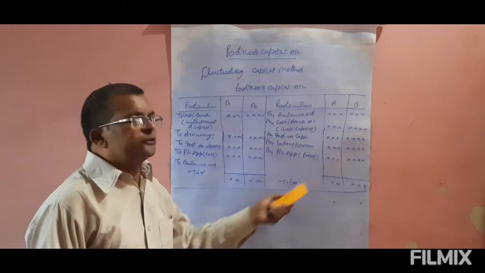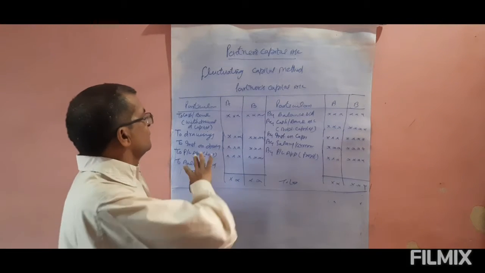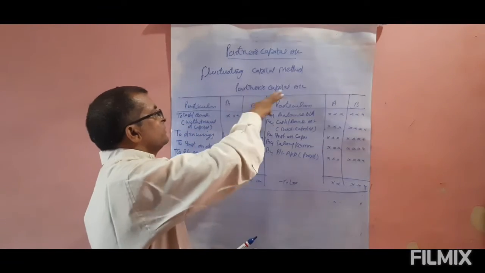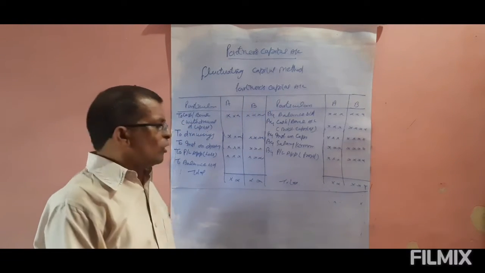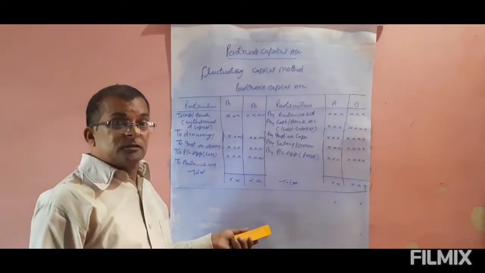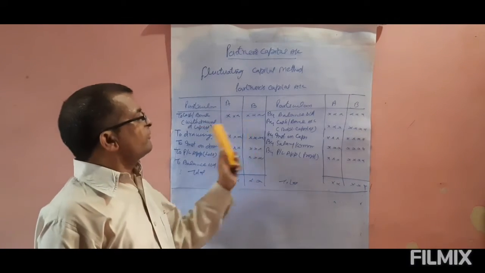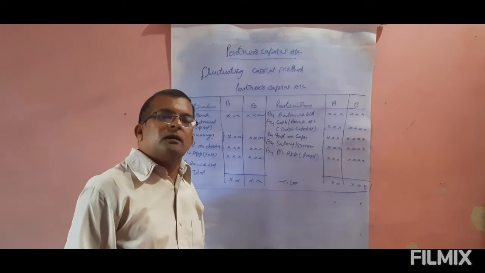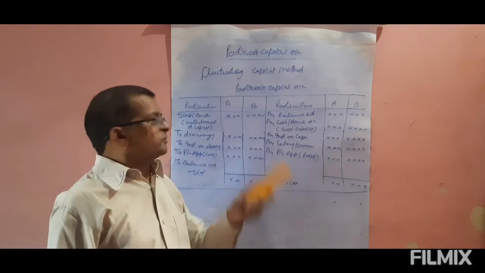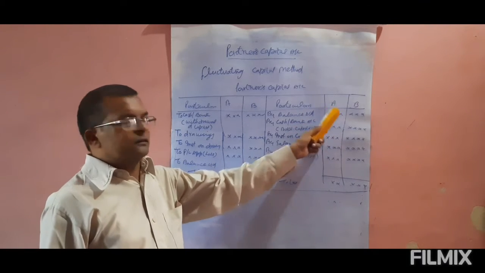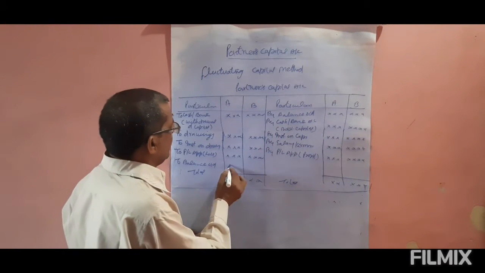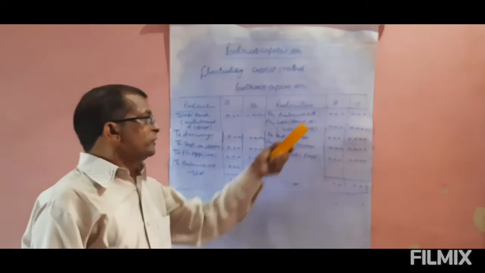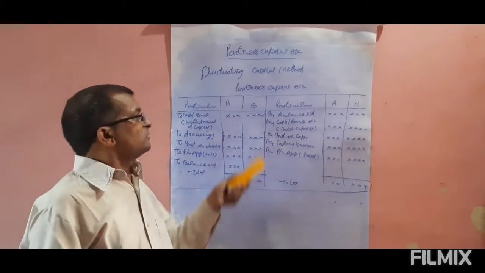So all the entries related to the partners are posted in only one account, that is the partners capital account. No other account, like the current account, needs to be prepared, because this is a fluctuating capital, and it means in this method capital changes every year. Something is at the beginning and something is at the end. So this fluctuates, changes.